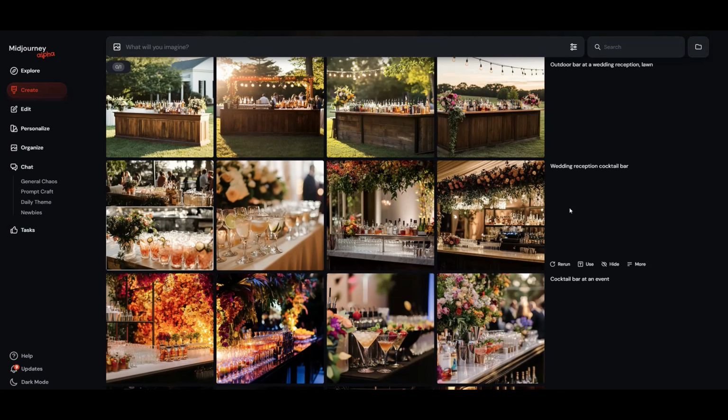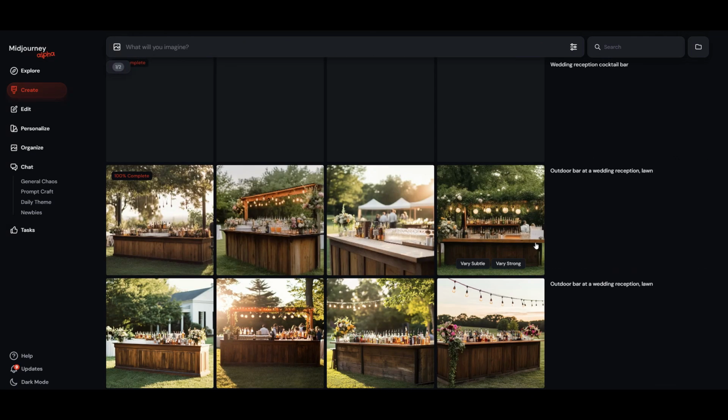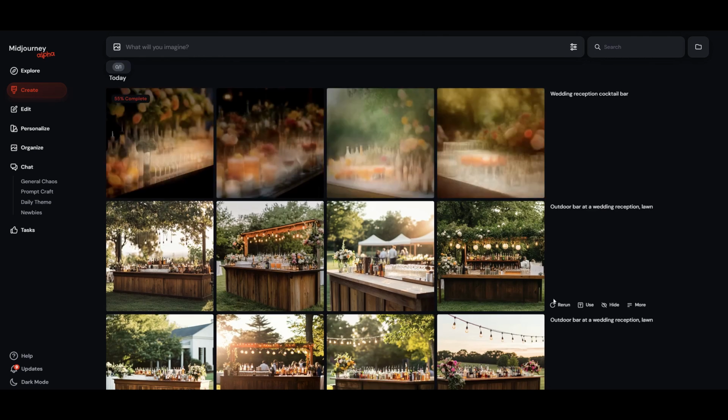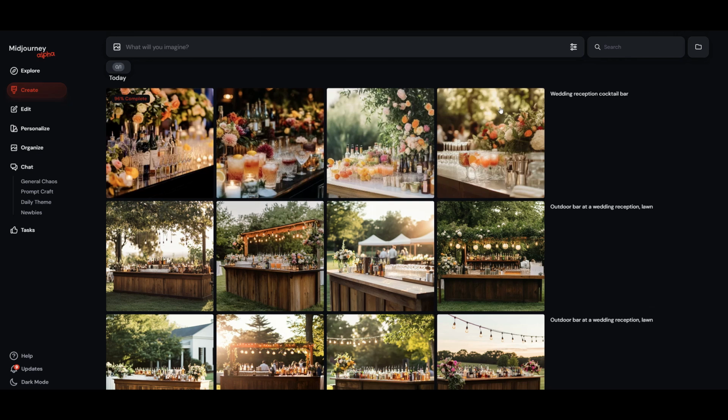So we can rerun some of these and you'll see, okay, outdoor bar at a wedding reception on the lawn. We're getting a lot of wood bars. That makes sense. We're getting so perfect. All right. Now, what if we took this a step further and, oh my goodness, a wedding reception cocktail bar? Look at this. I guess this is a bar, but what if we reuse this in our prompt,